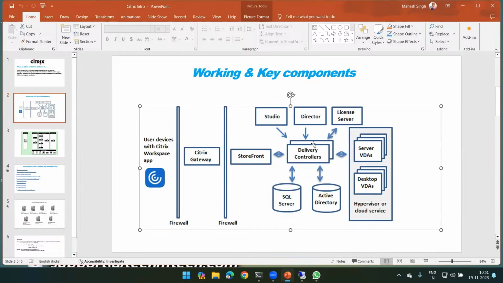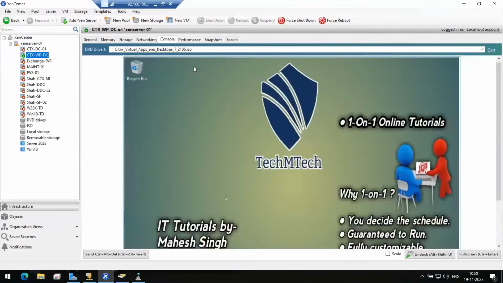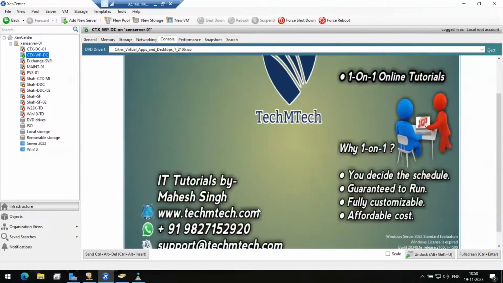When we are creating the site, we have to map each and every component with the Delivery Controller. We do not have to map the Active Directory server, because the Delivery Controller itself is joined to our domain, so that is already mapped. Map Studio, Director, then the License Server and the SQL server. StoreFront we will do later, and we will map our hypervisor to this site, into this Delivery Controller. So to do the same, simply